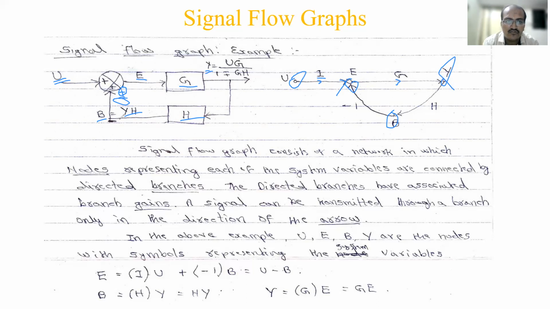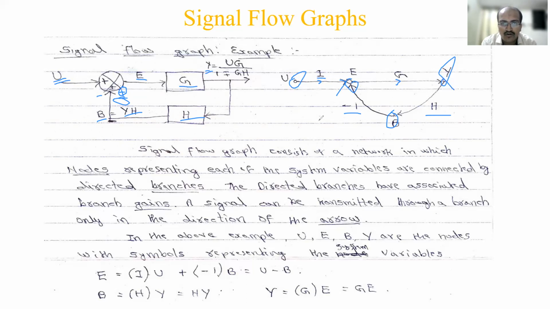Then next we have the node B. So B to Y, this path. What is the gain? H is there, so that's why I have written H here. But the direction is reverse now, so the arrow is coming here. Next, B to E, what do you have? If you have a plus sign here, plus 1. If you have a minus sign here, minus 1. I have assumed it is minus here. Normally you have seen it is a minus sign, right? So B to E has a minus. To overcome that minus, we told, right, in a signal flow graph to remove it we just multiply by -1. That's why here the value of the gain is -1. So this is how your signal flow graph looks.